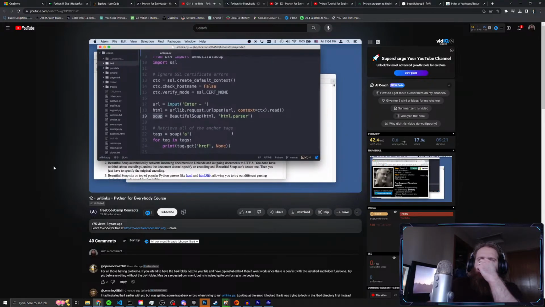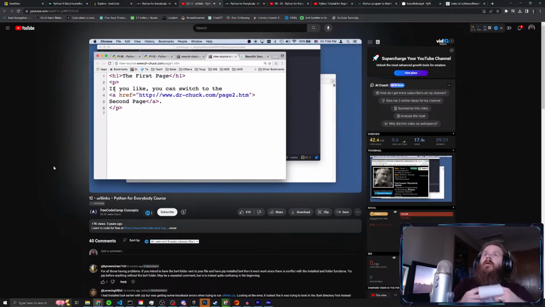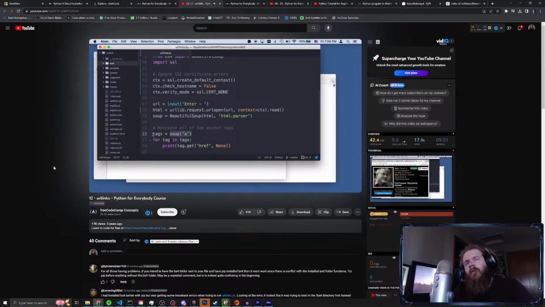And so what we can do is we can sort of retrieve all the anchor tags. So we can talk to this object and ask it, give me the anchor tags. What's an anchor tag? Well, if we take a look at this source, the anchor tag is the A through the /A. That is the tag. It is the tag, it is attributes that are on the tag, it is the text within the tag, and everything. And so that's what we're going to get. Now, I called it tags plural, not because plural matters at all, but because we're going to get a list